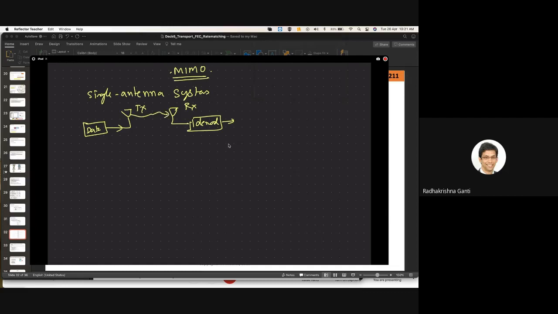So this is only one stream. Now we saw the capacity of this. This channel gain is H. I'll just put the ergodic capacity. So this is called the ergodic capacity: log(1 plus